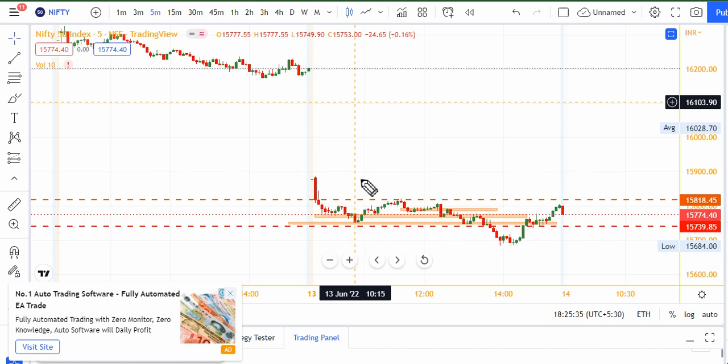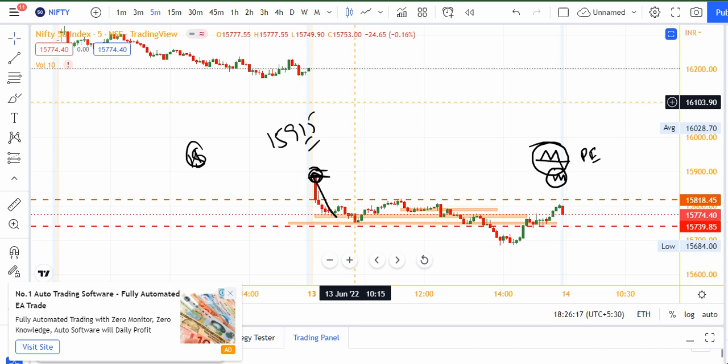If market opens gap up somewhere over here, today's high, and starts facing rejection, if we see a pattern like this on 5 minutes, for example, then on the break of the 5 minutes low and the start of a move down, we can take a PE and keep a stop loss above this high. Whatever this high is, you can see it on your chart as well. Keeping a stop loss above this high will offer two things. One, there was selling pressure over here, that's why market came down, and it was also a support area on hourly, that was the 15,915 level. So that will also work as a resistance